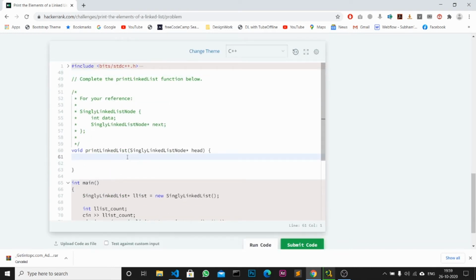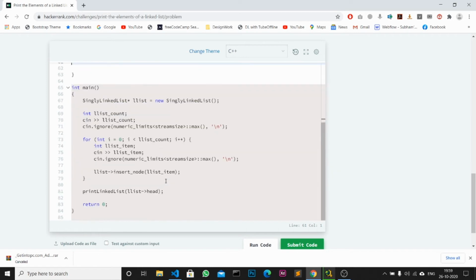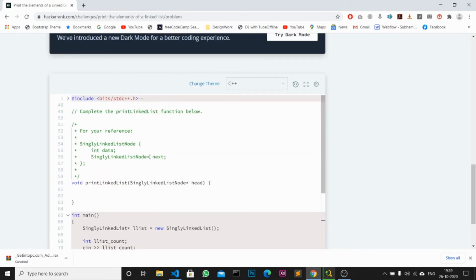Okay, so I am pointing to the head. Let me see what they have done. They have called the insert node, and they have done everything. So I have to print the linked list.